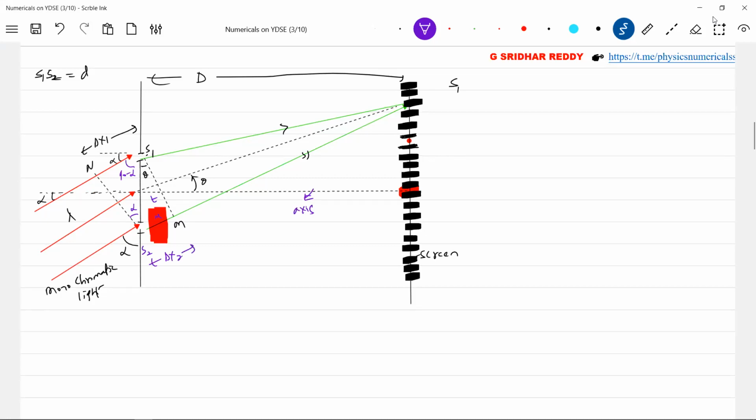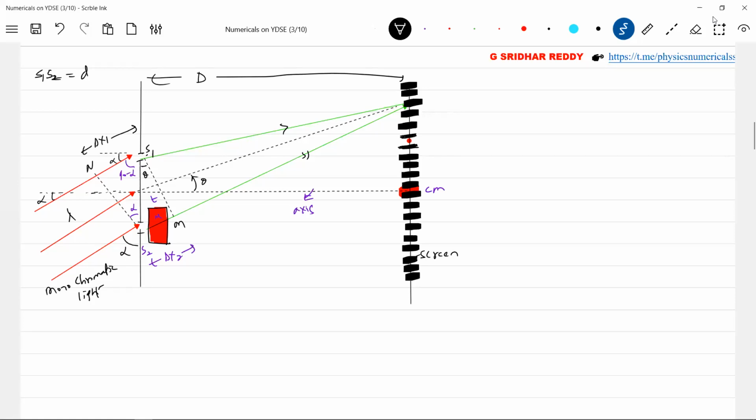How do you write the equation? Definitely the central maxima is here. Look at this one. Are you able to notice this? Why should I bring the slab at the lower slit only? Why not at any other point? The condition here is that the pattern, the central maxima, has to be shifted down. So for the central maxima to be brought onto the axis, the slab should be introduced at the lower slit. I think in the previous classes we had a very good discussion, if you can remember.